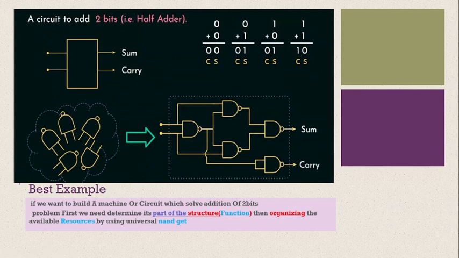first, what we have to do is determine the parts of the structure. For example, this part of the structure, which means function, deals with the function of